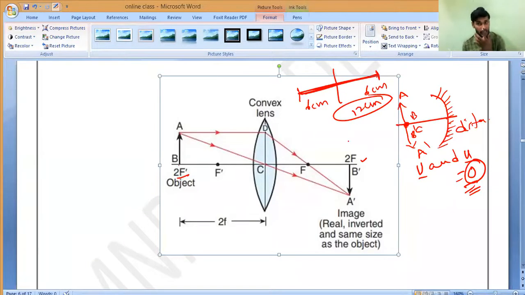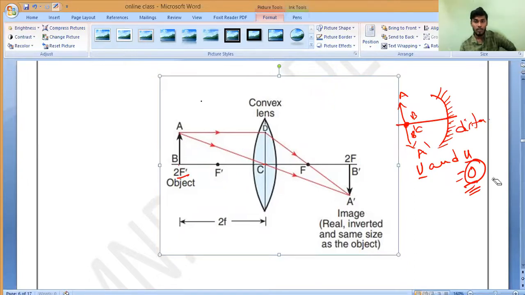Understanding all of you. That is what you must know. So in this situation, for the distance between the object and image distance, you have to add whatever distance is present from optical center to 2f dash and from optical center to 2f. The total distance if you add will give the distance between image and the object. Do you understand all of you? Yes, sir. That is the important thing.